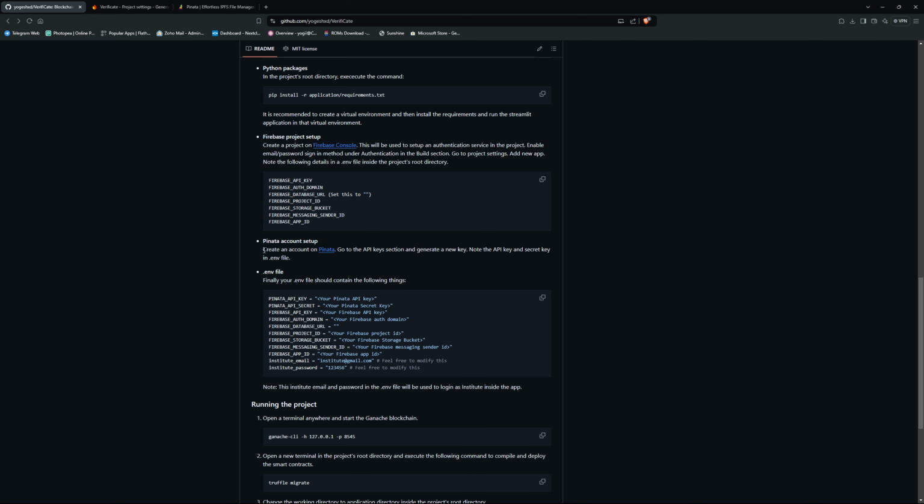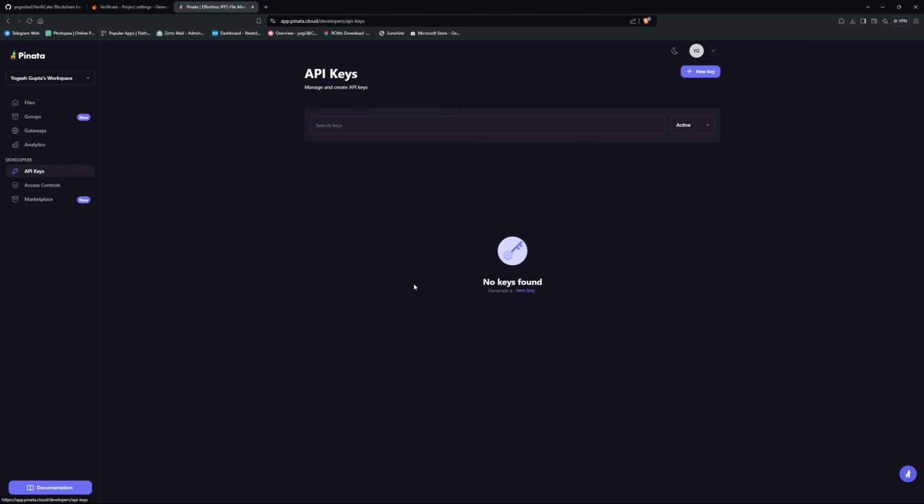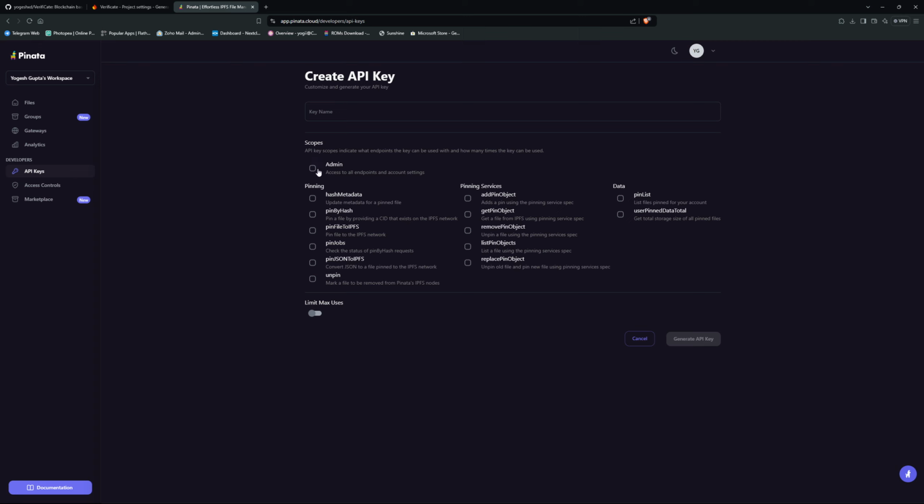Right, so we need to create a Pinata account and all that. So we'll just go to Pinata. I already have my account set up over here. It's just when you go to Pinata, just create a new account and stuff like that. You can just go to API keys and we just request a new key. Create admin access. Right, key name we can do